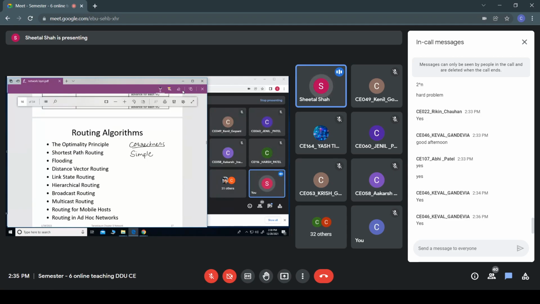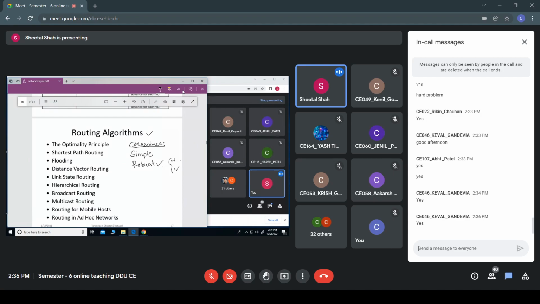The other property of this routing algorithm is that it should be robust. That means, in case some routers in between host A and host B fail while the packet is moving, the routing algorithm should adapt, or cope with the failed route. Even if it has failed, it has to change its route based upon the routers which are currently active. So that means it has to be robust.